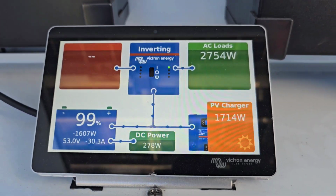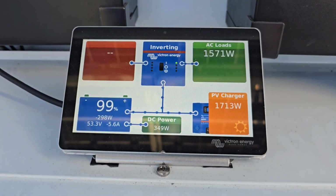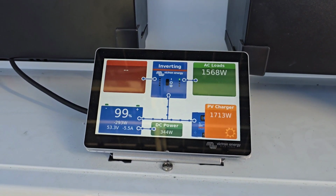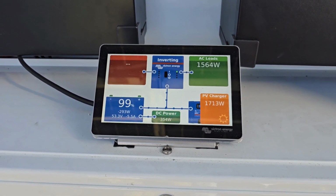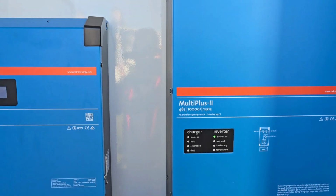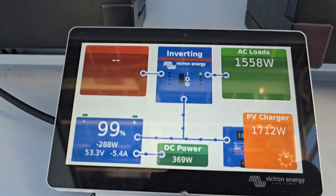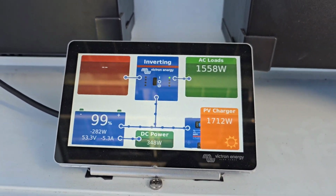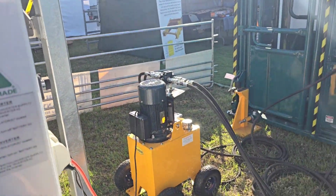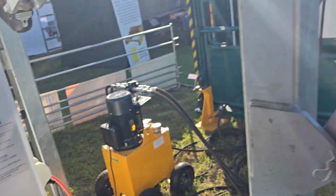There's the loads. As he's operating that hydraulic system over there, it's spiking all over the place. I think the max we saw was about 5,000 watts load with both of them in full swing. So not even half the system's capacity, which is brilliant. And obviously we utilise Victron Multiplus in this system. There's our battery capacity, solar input, and also AC load. So you've also got wireless remote monitoring on this as well, and you can see it on your mobile phone